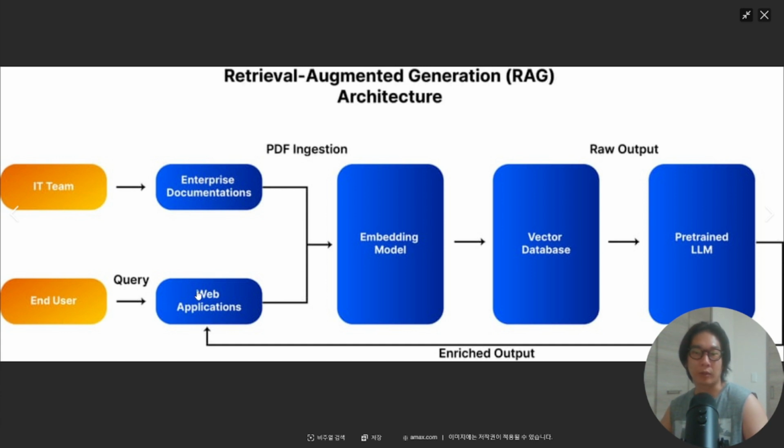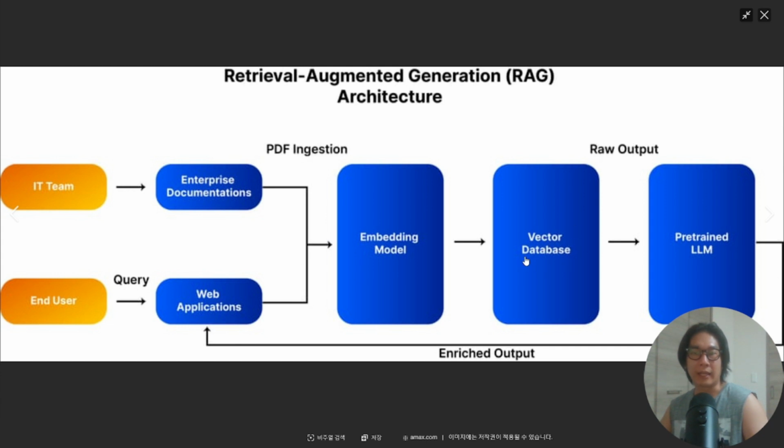So this is our Streamlit application, and you, the user, will also upload the PDF file. Both of them are gonna be embedded, vectorized by the OpenAI embedding model, and then those vectors will be